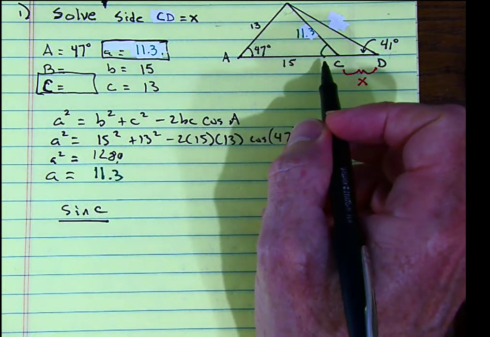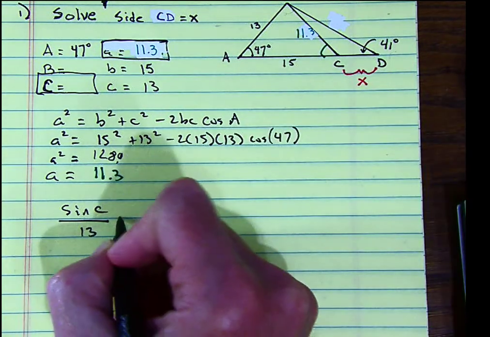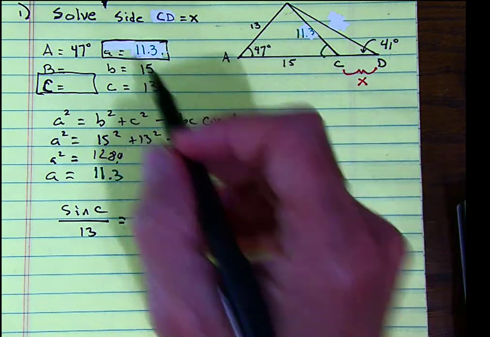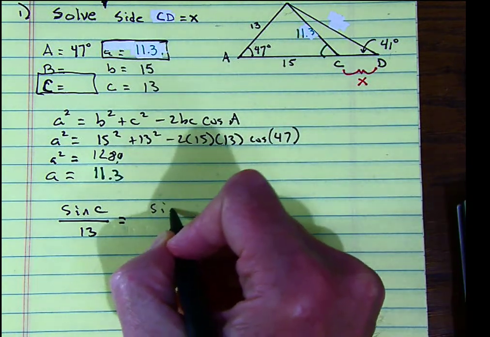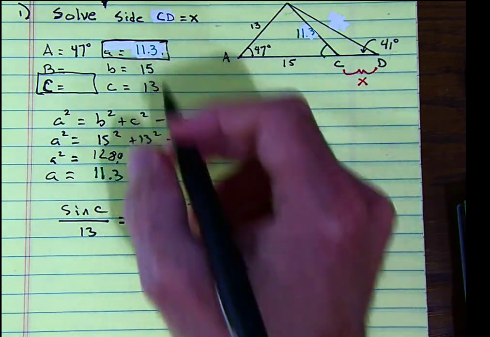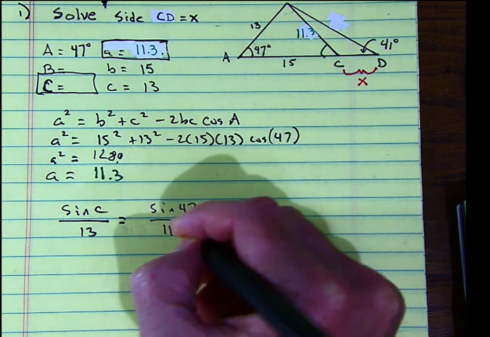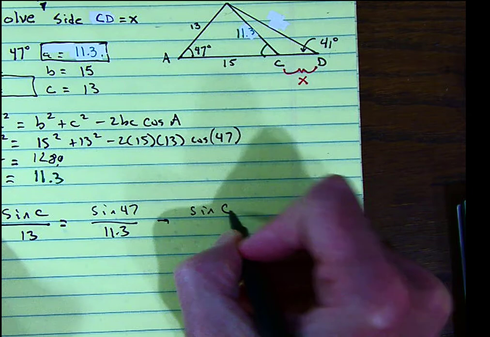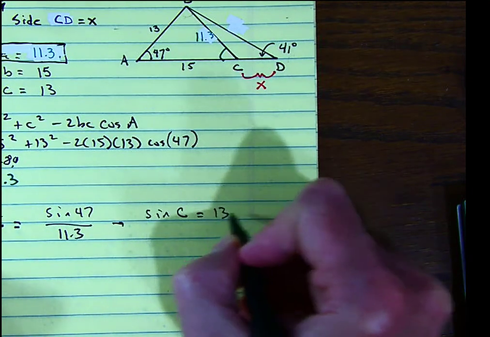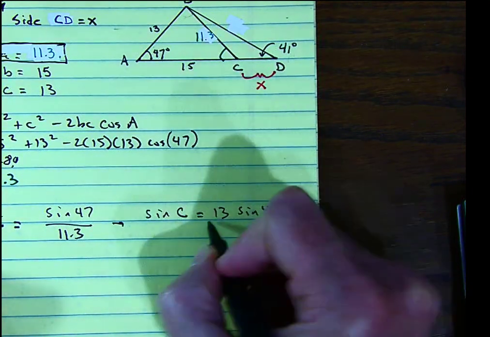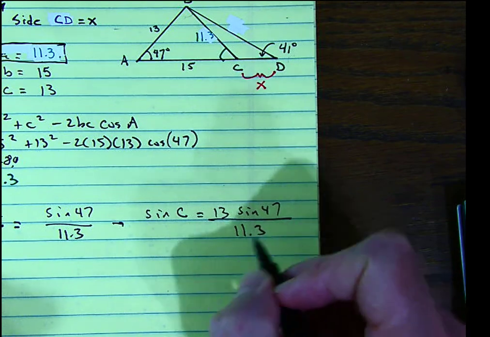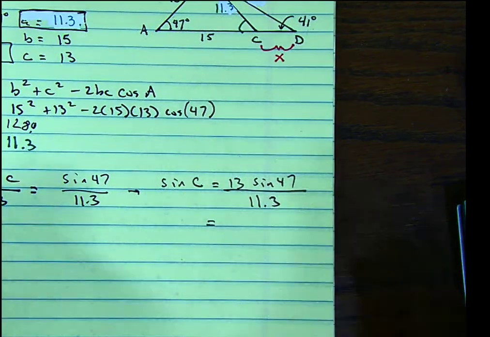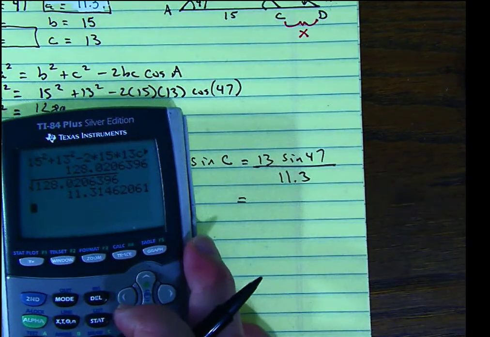Sine C over side C equals, I'm going to do sine 47 over 11.3. And then this way I can find sine C equals 13 sine of 47 over 11.3, which gives me